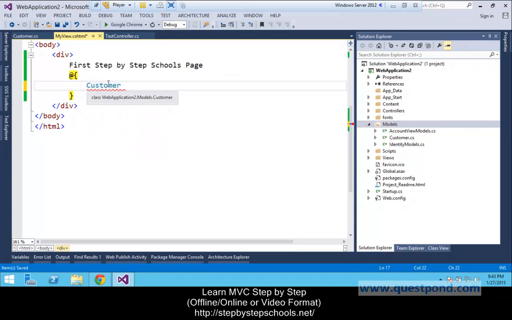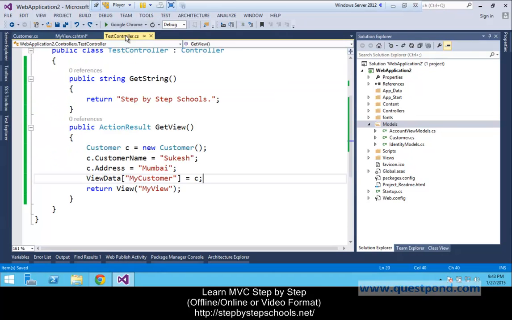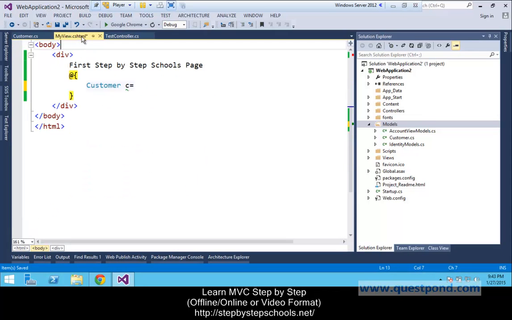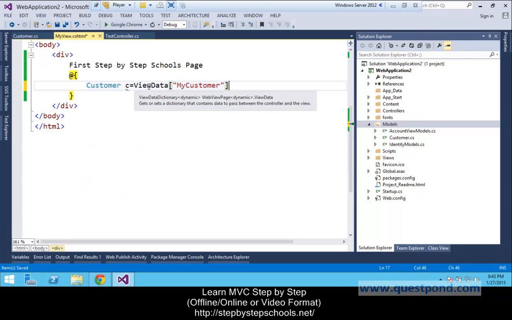Now we will get that customer c equal to, what was that, view data of my customer. So let me put it here, and let's simply cast it to customer.